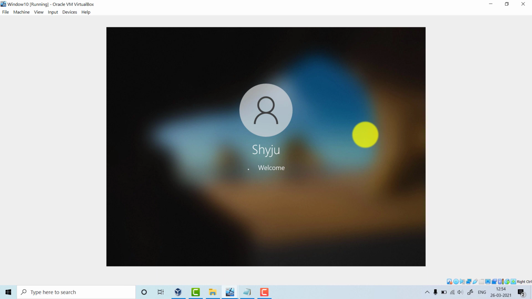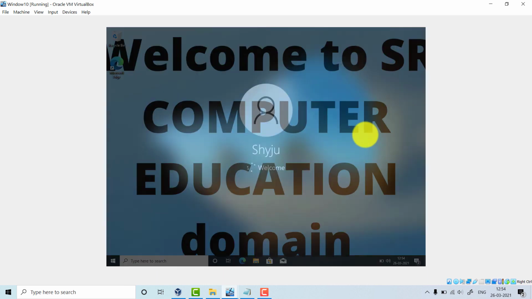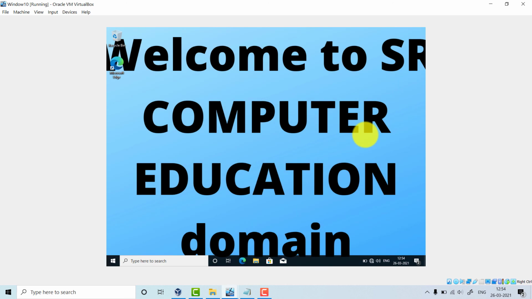Let us check whether the common desktop is applied to the Shaiju user also. As you can see, I have not changed the wallpaper. See here, students, this is applied to the Shaiju user also. So two staff members I had logged in, Jack and Shaiju. Both of them are seeing the common desktop wallpaper that we applied using group policy object in our Windows Server 2012 R2 machine.